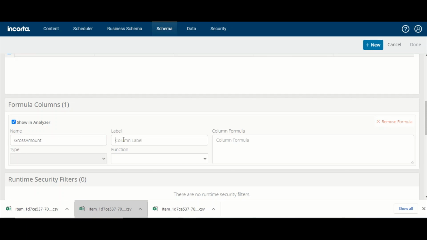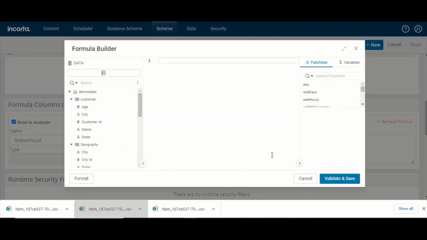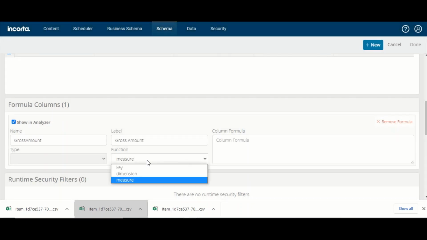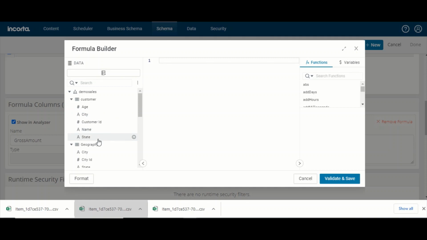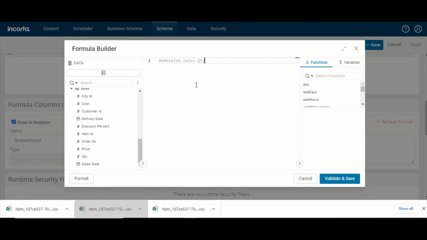This should be without this one, and I can call it as a... let me not call it as a major. Let me cancel it. I want it as, okay, maybe it's a major only. Now what I'm going to do here is I simply want to say it is quantity star price. Okay, validate and save,